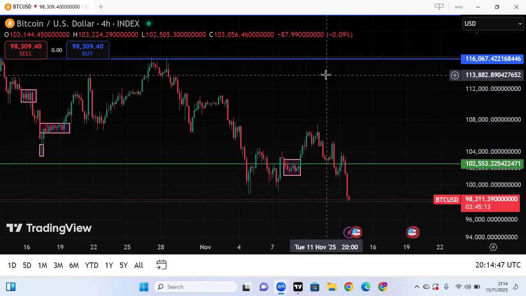So now, what are you supposed to do? You are not supposed to just say, let me be risking 1%. As a trader, you should know what you should risk so that it will not affect your psychology when trading. If you know that you are risking $5 or $10 per trade in a $100 account,